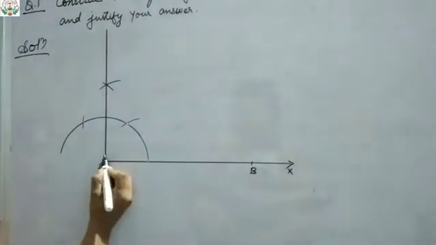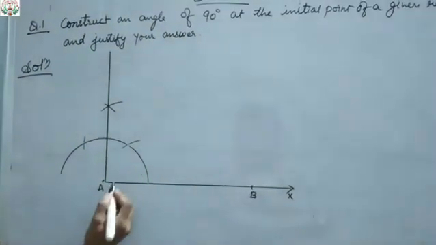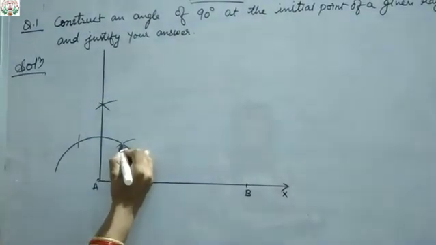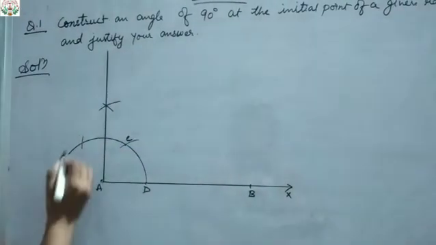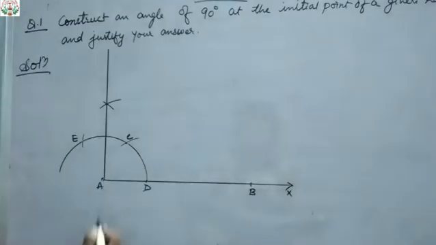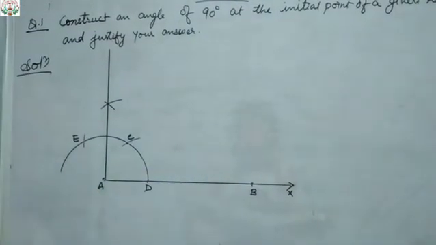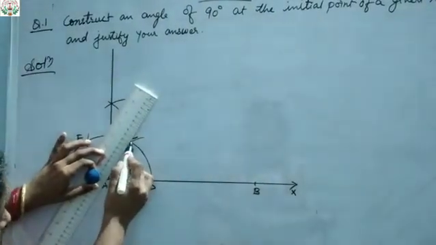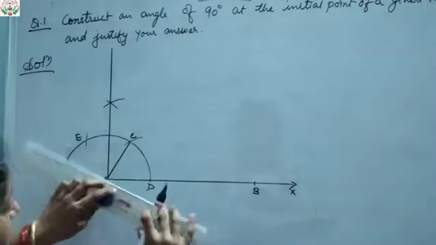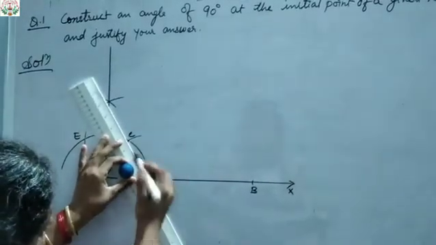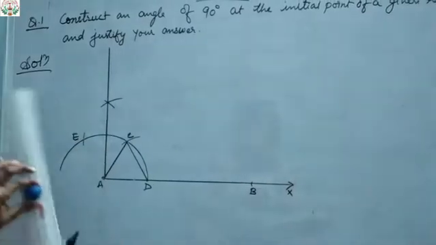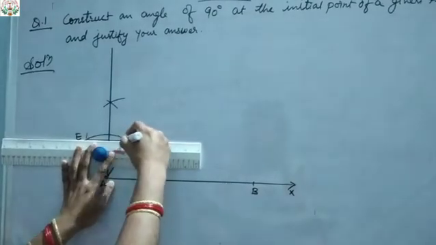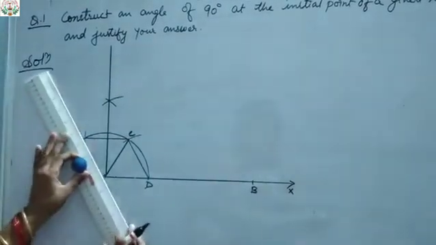Now you have to prove that this is, justify your answer, it is given. Means what you will do? This point, suppose this is D. Okay. And this is C suppose. And this is E. Okay. Now join with the scale these points. Okay. This all points join. Okay. These two also join. Then this also you join. E and C also join. Join EC, join CD, join AE. Okay.